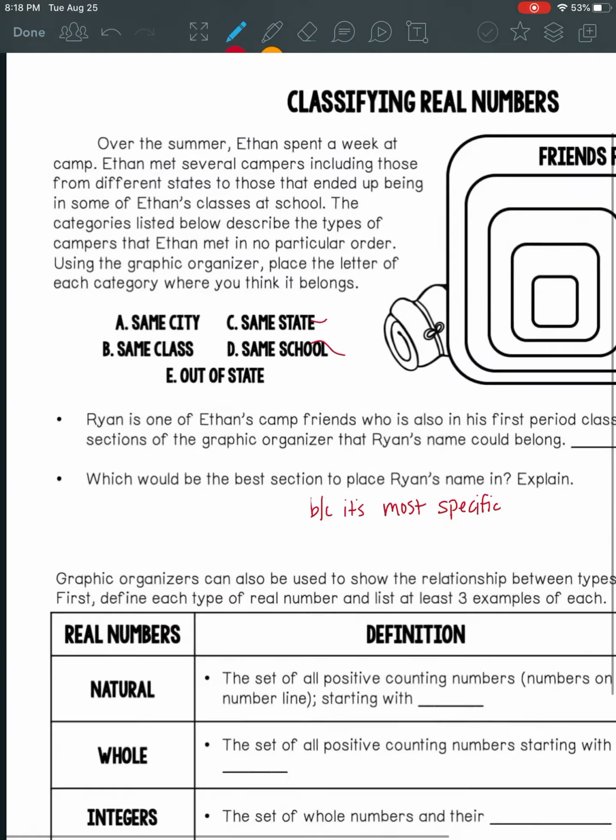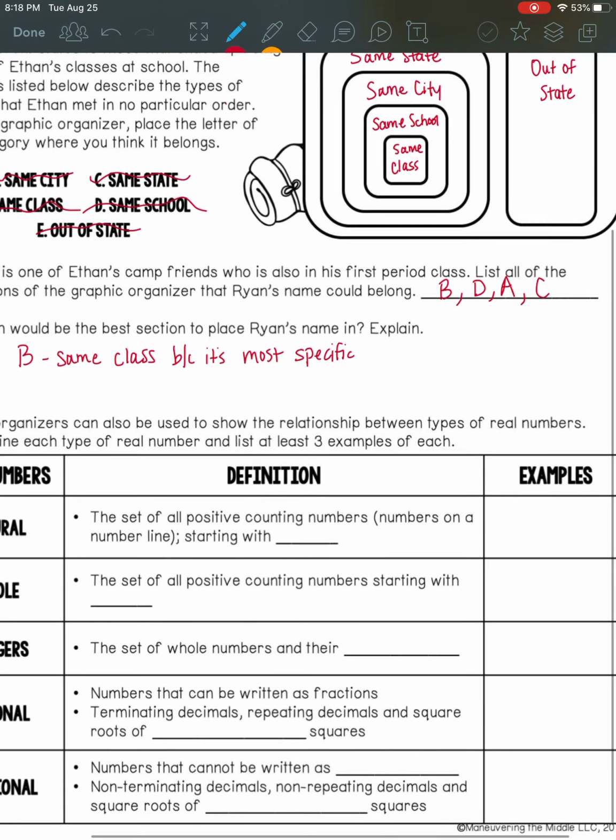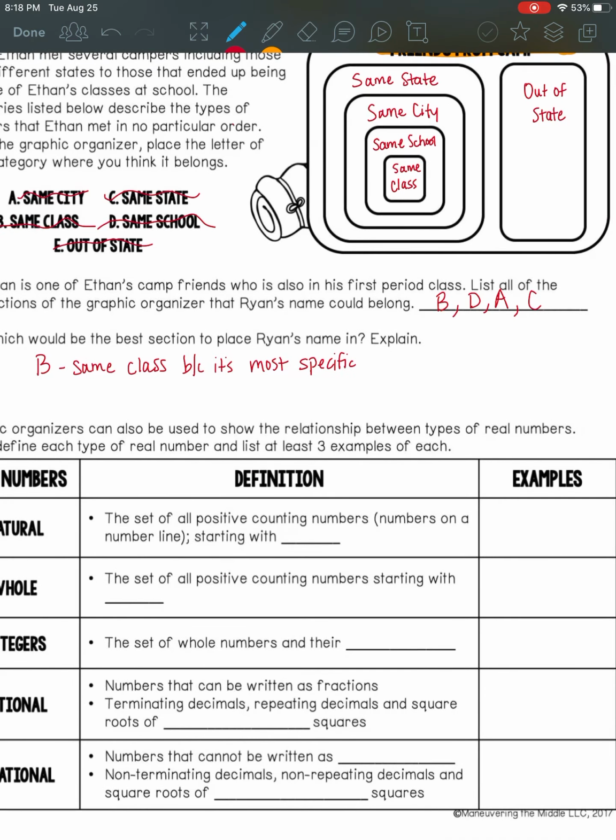Okay, now let's look at our definitions of some different types of numbers, and then we're going to organize them into a graphic organizer. So we have natural numbers, the set of all positive counting numbers, numbers on a number